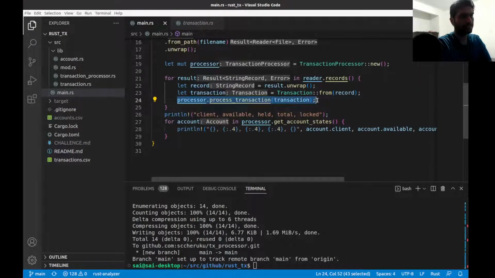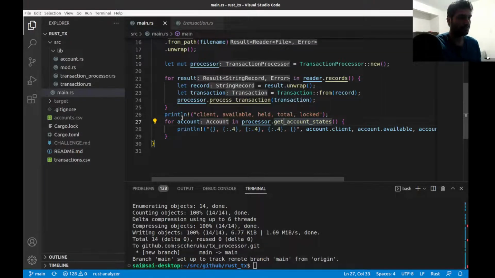We created a struct called transaction processor, and that's going to process all of our transactions. Once all the transactions have been processed, we can ask the processor to get the current account states,